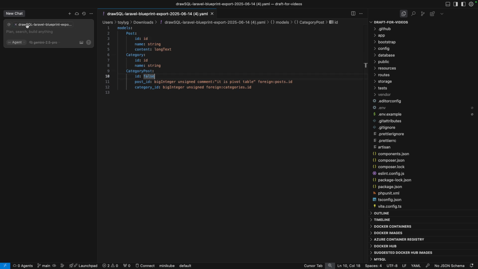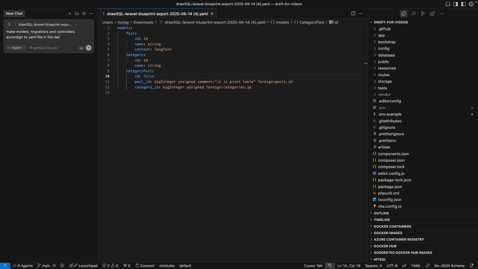Now what we are going to do, Cursor already detected our file, so we're going to write: make models, migrations, and controllers according to the YAML file in the. Since this file itself is opened in another folder, downloads, in my case, I need to give a pointer to Cursor saying it should be in this project so that it understands it.